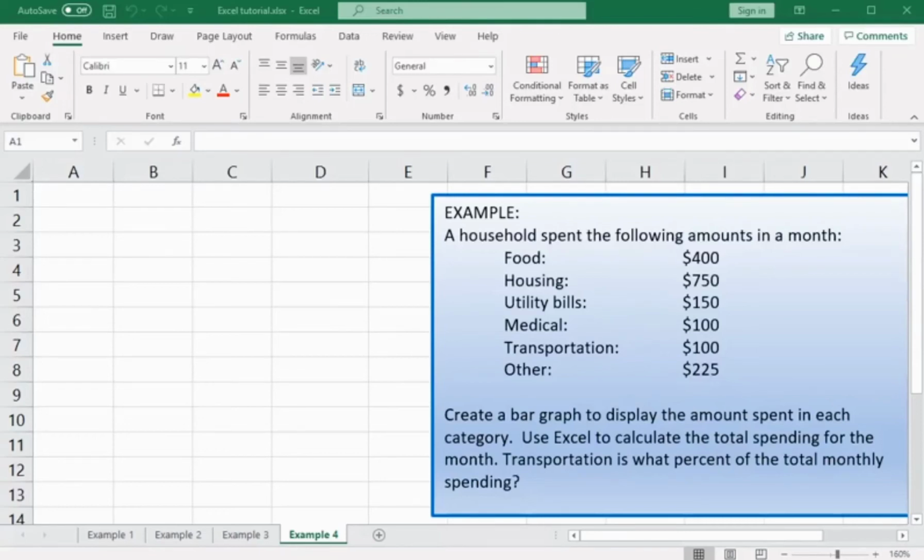In this example, we're going to create a simple bar graph. We have the amount of money spent in a certain household grouped by category. We're going to enter the category names in column A: